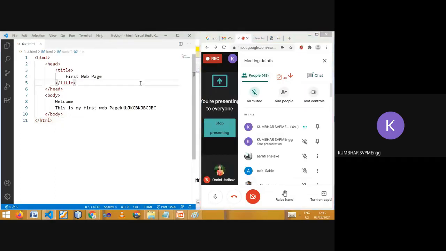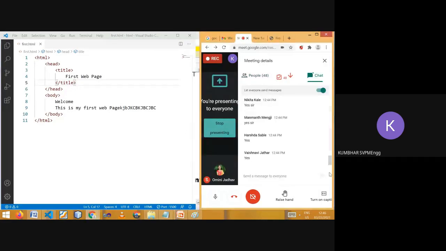Again, I will suggest that you be hungry to see more extensions of Visual Studio Code. You can see on the web what the different extensions are, or what the different options are which make development fast, like I have shown you live server and autosave. Yes. So today we will stop here.